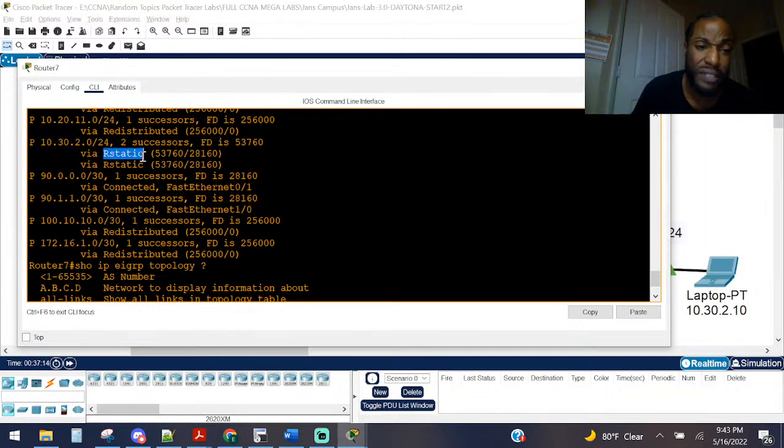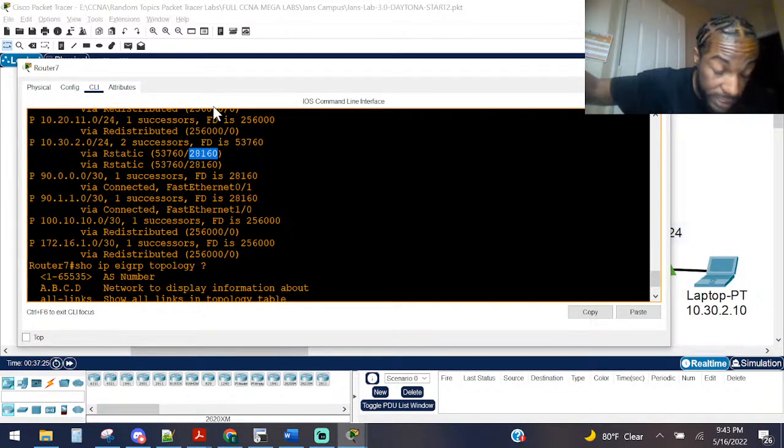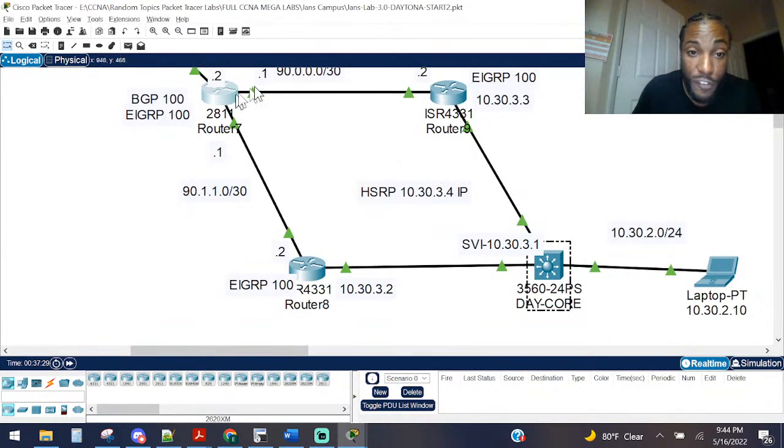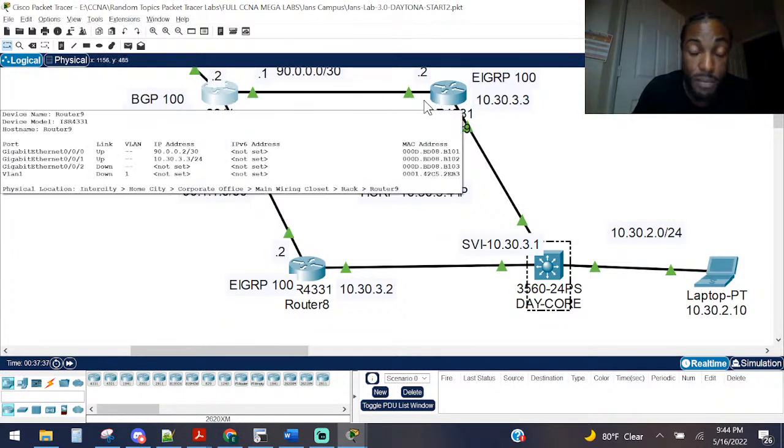I don't know what that R stands for. But I believe that first number is the feasible distance. The full metric is the feasible distance. That's how I remember it. The F for full distance. So right there, the feasible distance, the full way to get there. That's the metric. And then halfway, the next hop, is pretty much the number to get to just the next hop, which is called